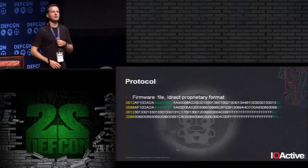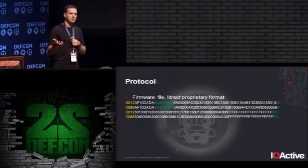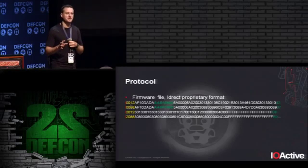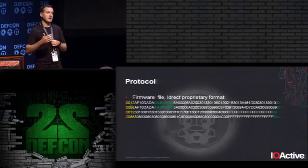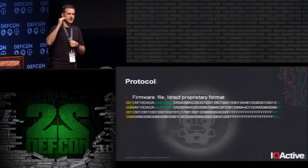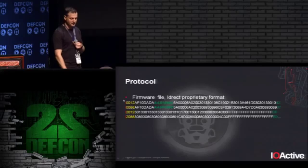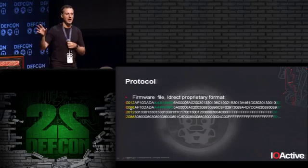So for the firmware, they provide the firmware in a file which has a proprietary format that looks this way. The first 2 bytes are the address for the flash memory, I think. They have the firmware twice. I think they do it because when the firmware is actually running in the device, it's running at some specific address. So when it gets the update, it will copy it to the alternate address, which is specified here. If it's running at the first address, it will copy the firmware update to the other address, and then we